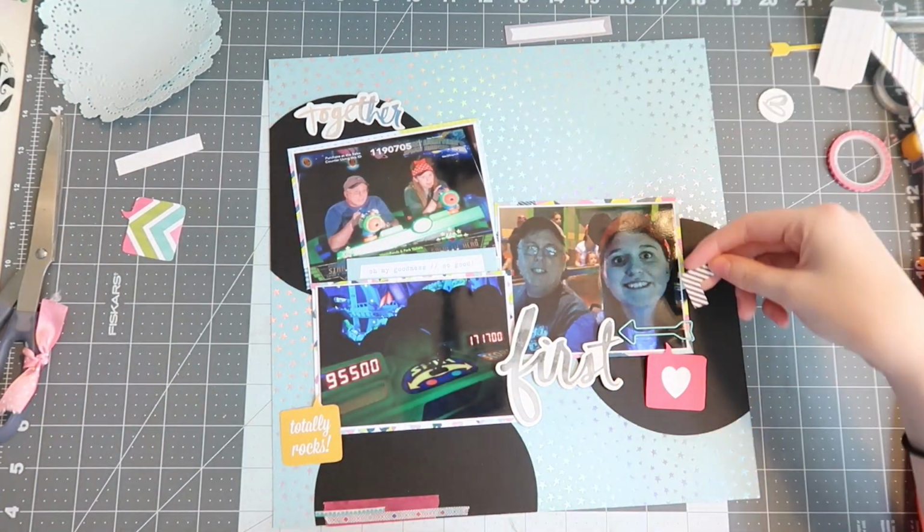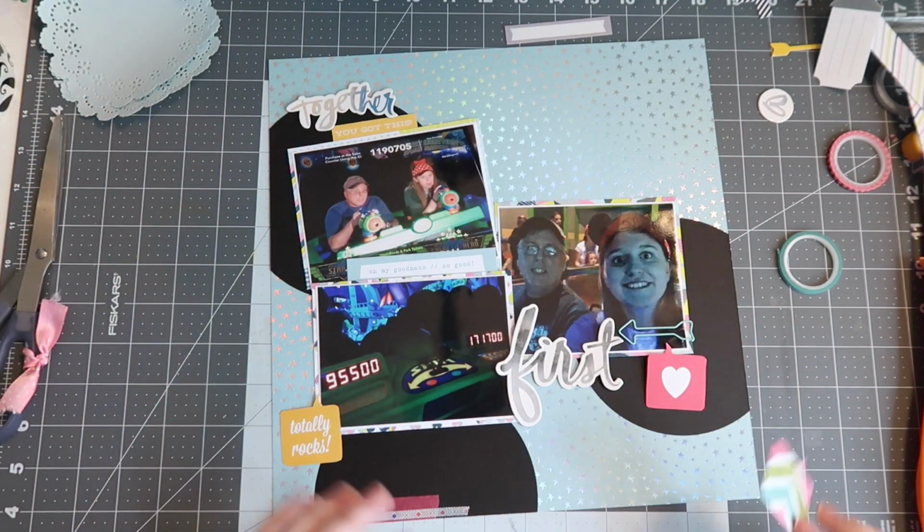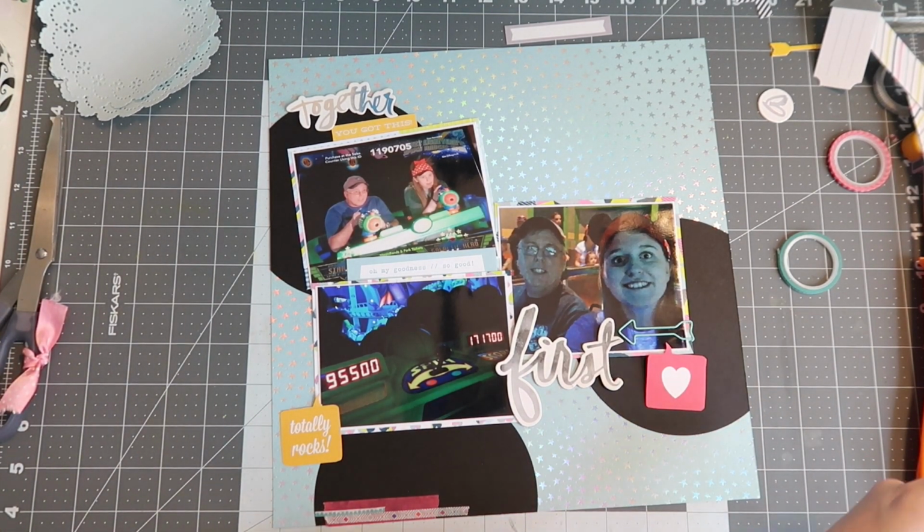So I wanted to cover up a little bit more of the janky frame of the photo, which just says "Please buy this at the counter," and I thought that would work out really well to use that pocket page card there. Now you did see me use a bunch of the washi tapes I'd pulled out in the bottom